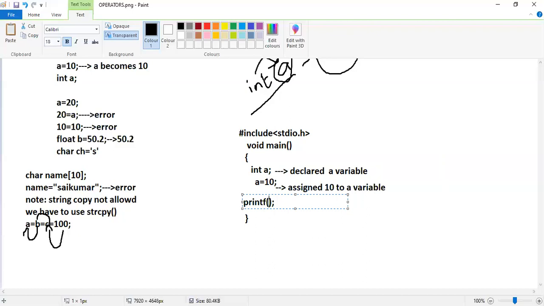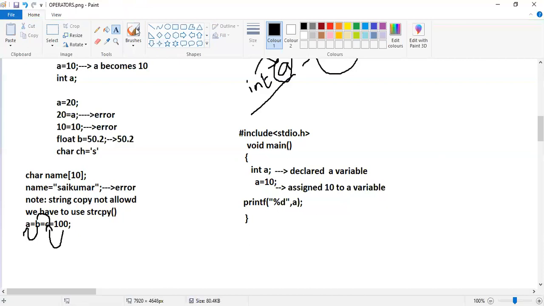The semicolon means the end of the statement. If you want to print an integer type value, we should use %d, then a comma, and after the comma the value you want to print. I want to print the a value, so I am giving a here.